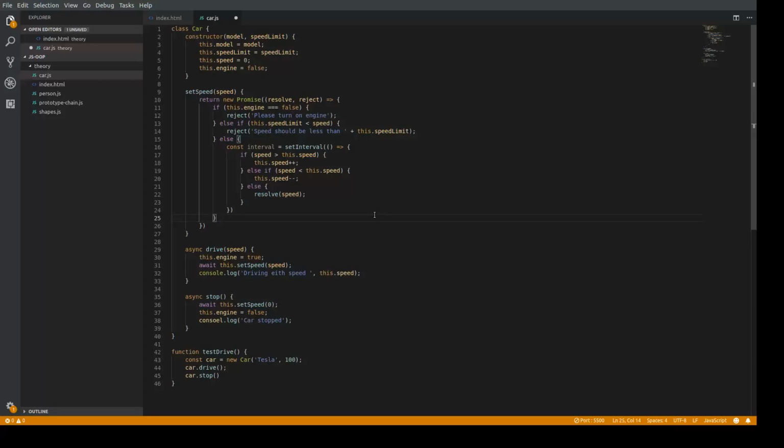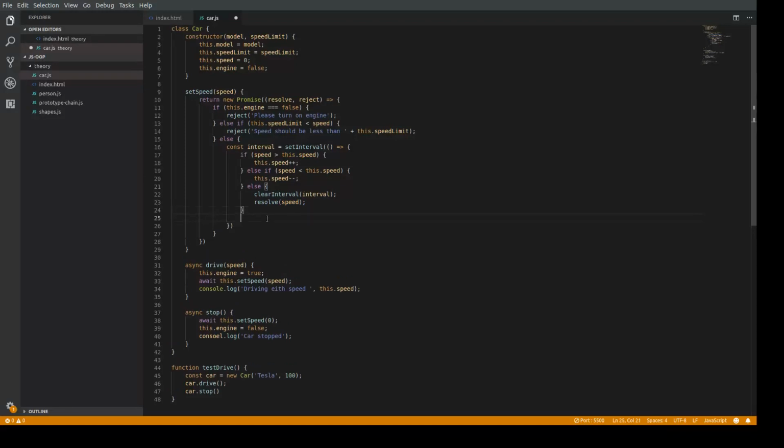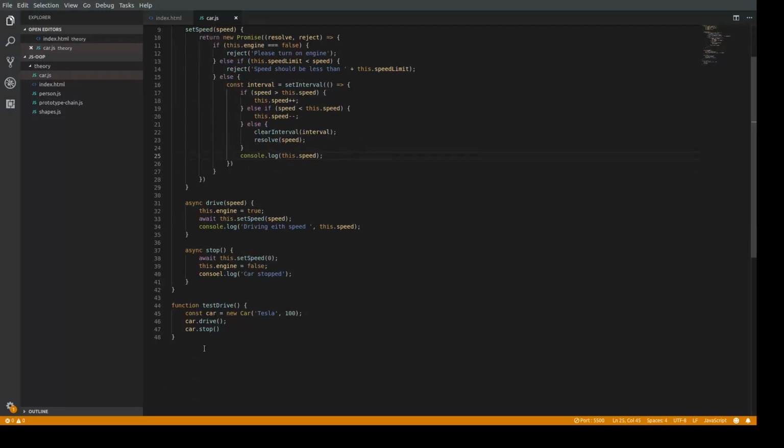Okay, let me check if everything's okay. I missed here, I have to clear interval. And also it will be good to console log the change of speed. Here there's that speed to see how it's going up or down. Okay, what else? Here I will pass some argument